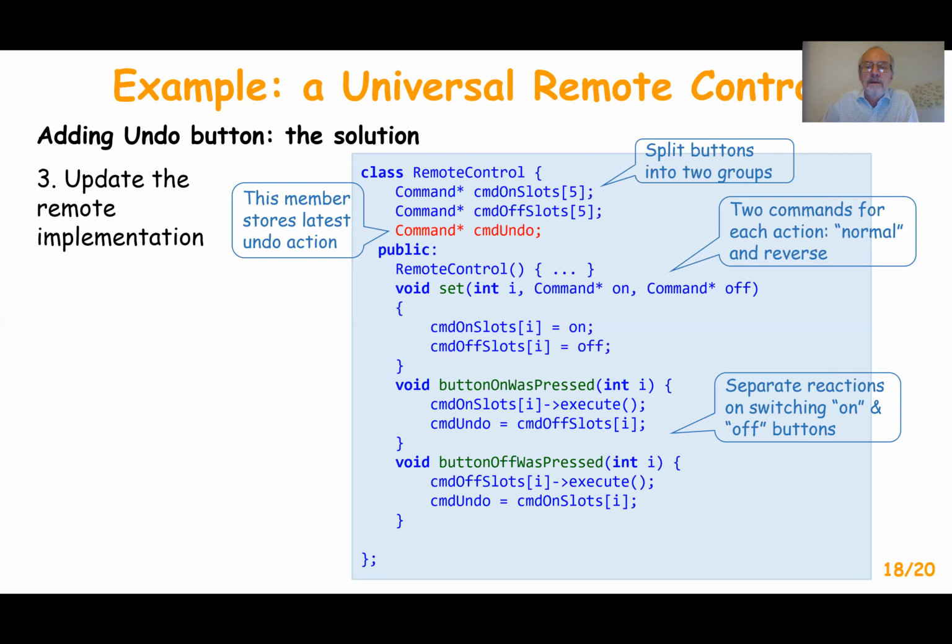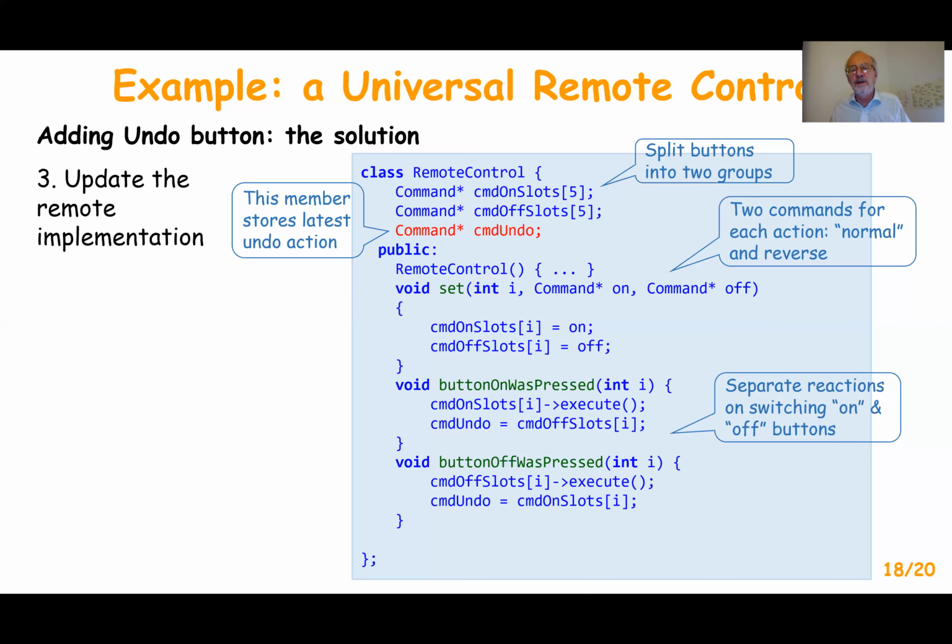The second action of both functions is that I store the corresponding command with the opposite semantics. Okay, so each time I use my device, CMD undo member stores the action that should be done if I